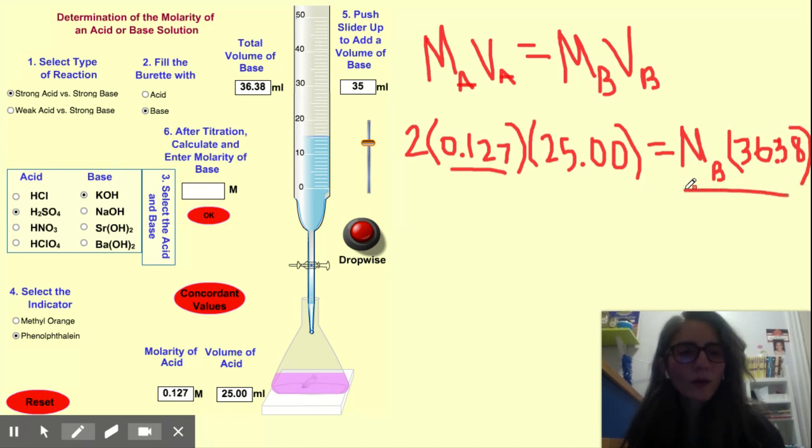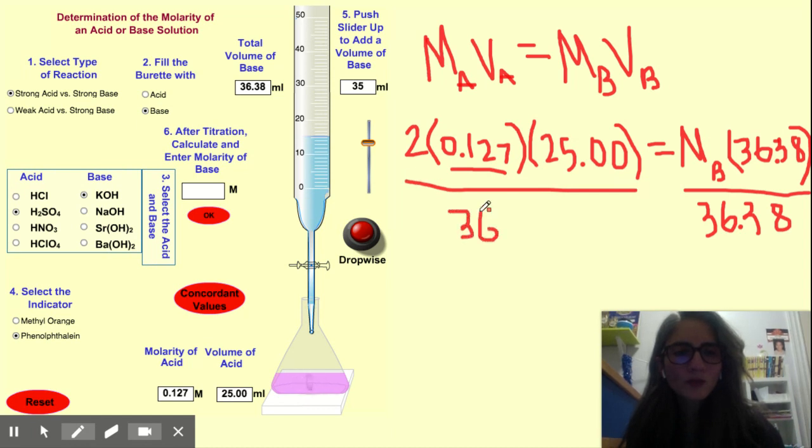And then we would go ahead, as we did before, divide on both sides to cancel out. Now remember that 2 is over there, and to take that into consideration